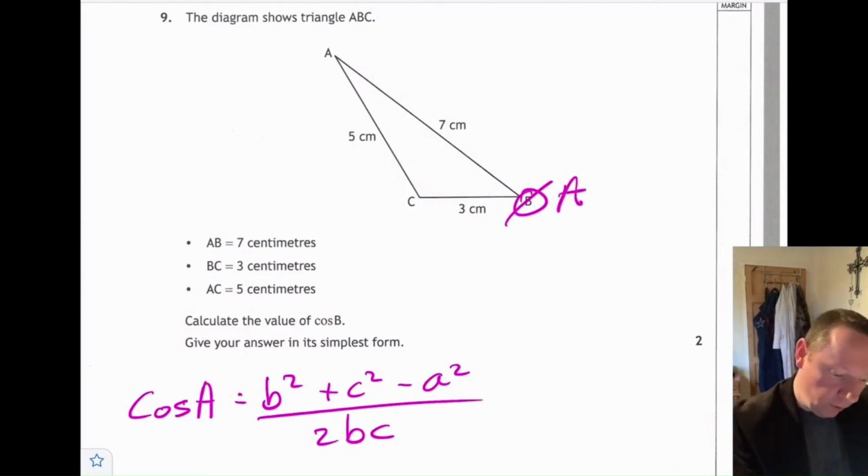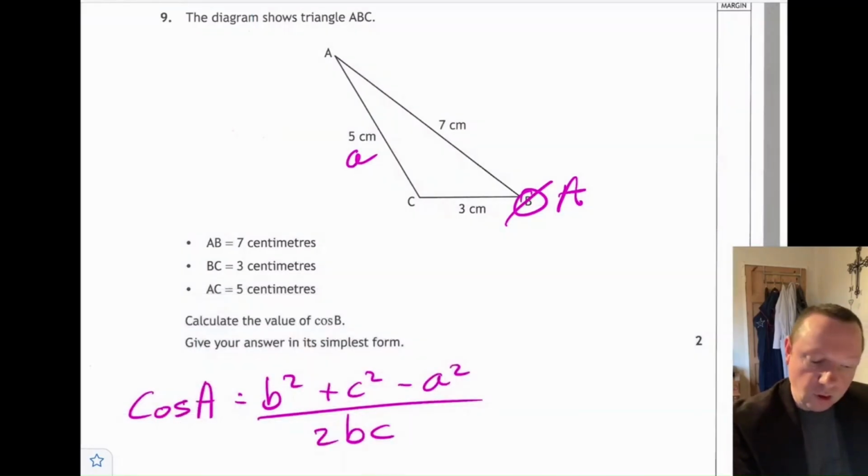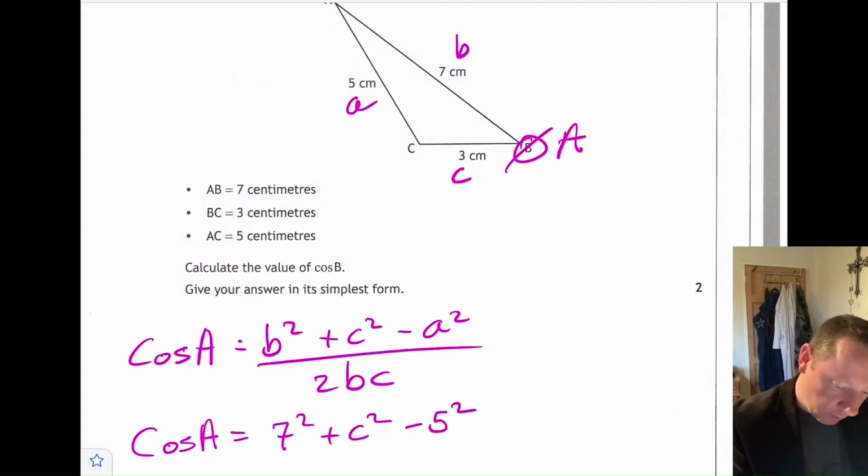That means the opposite side is A, and the other two sides are B and C. It doesn't matter which is which, so I'll just call that B and that C and just substitute. As long as I make my angle A, I'm fine. So we've got cos A equals 7 squared plus 3 squared minus 5 squared over